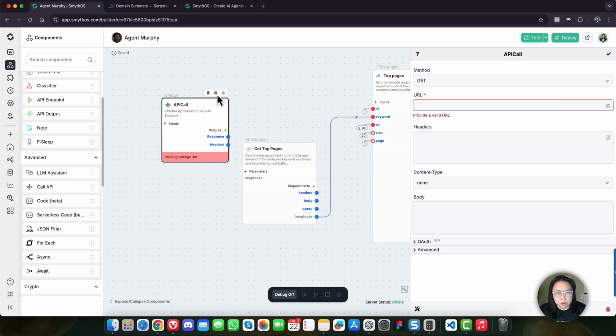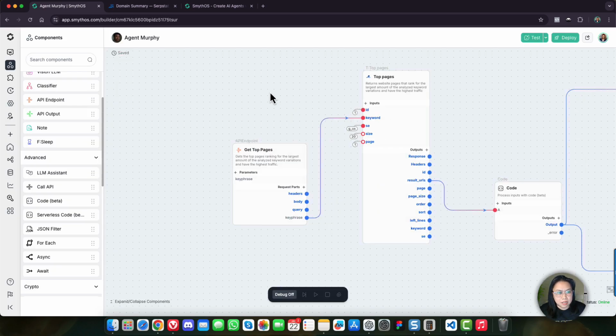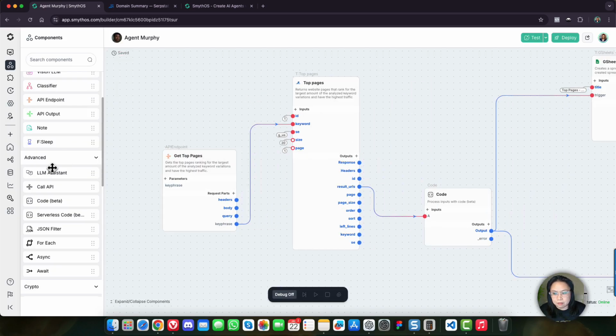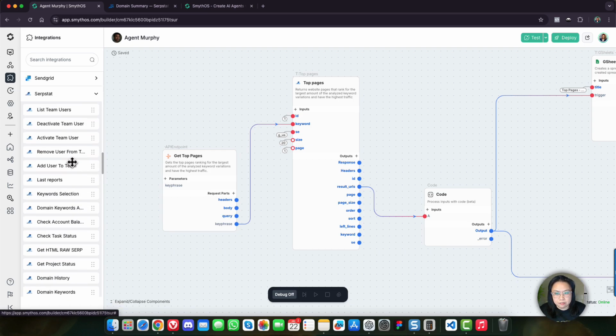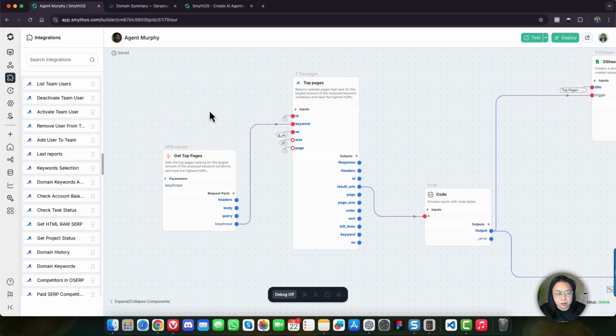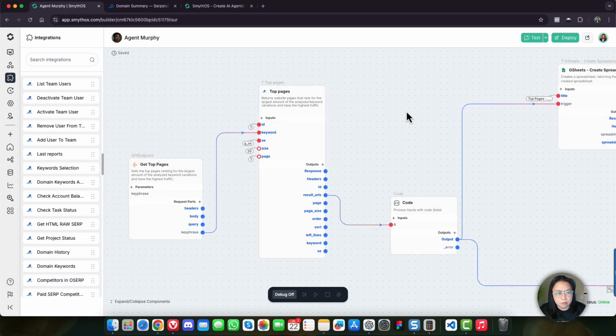So to help our users and to make integration seamless with SerpStat, we provided everyone with the SerpStat integrations here. For this particular use case, for Agent Murphy, we use the top pages API integration.